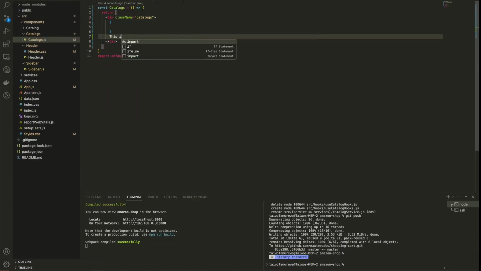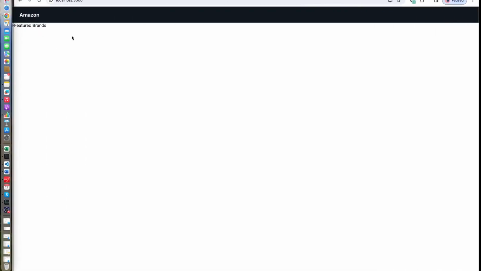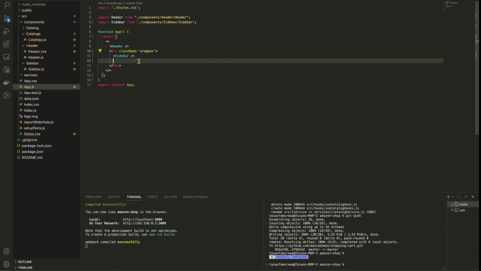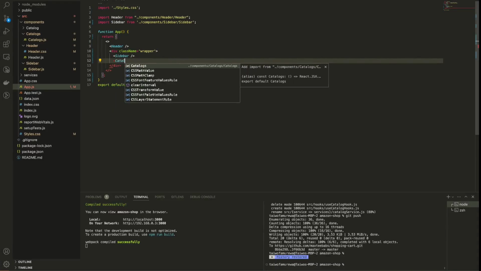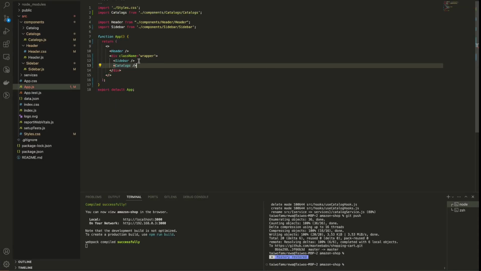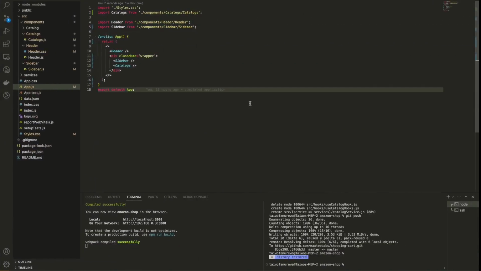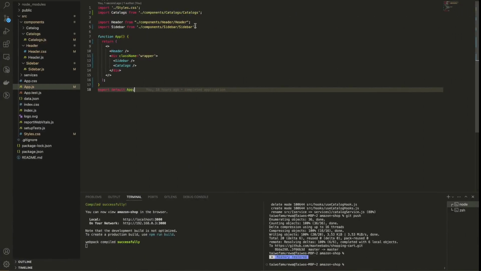So this is the catalogs. Let me just put "this is the catalogs," and if we refresh it and go back to the app.js, we can then add the catalogs here. So this editor automatically imports the dependencies. So go ahead and save the page, and we should have our catalogs here. All right, now